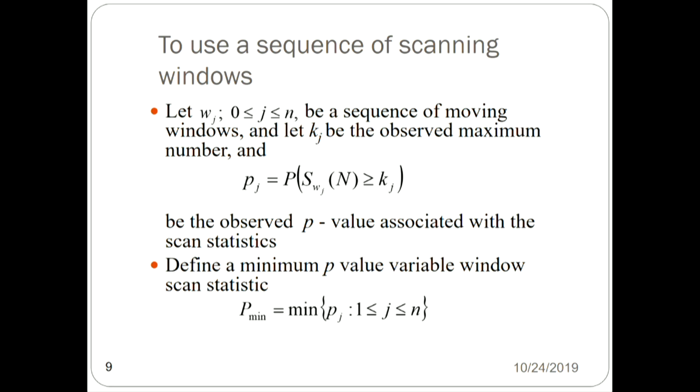And then for each size of the scanning window, we scan the window from the beginning, time 0, up to time t, and we try to find the maximum number of events. We denote this the observed maximum number, the so-called observed scan statistic. With this observed number, we should be able to calculate the tail distribution by using approximations